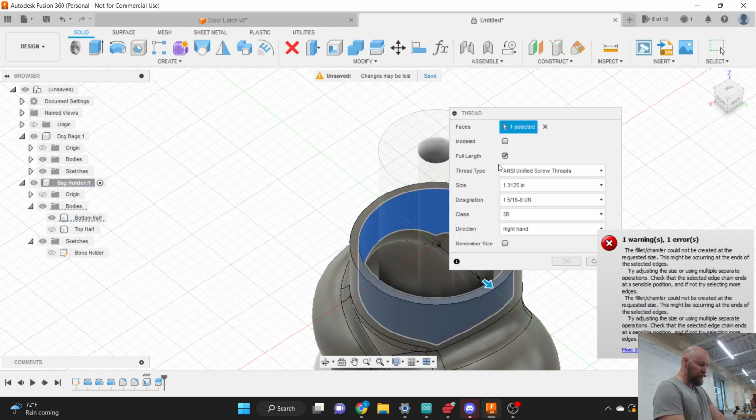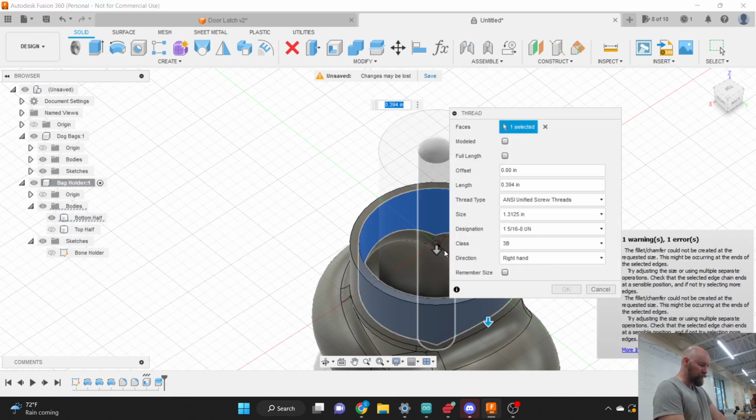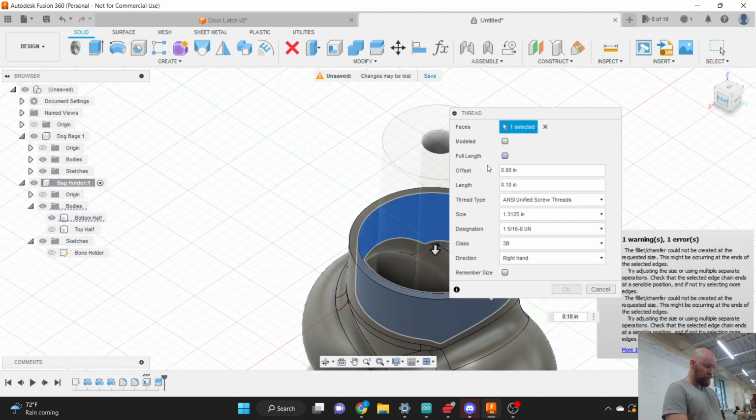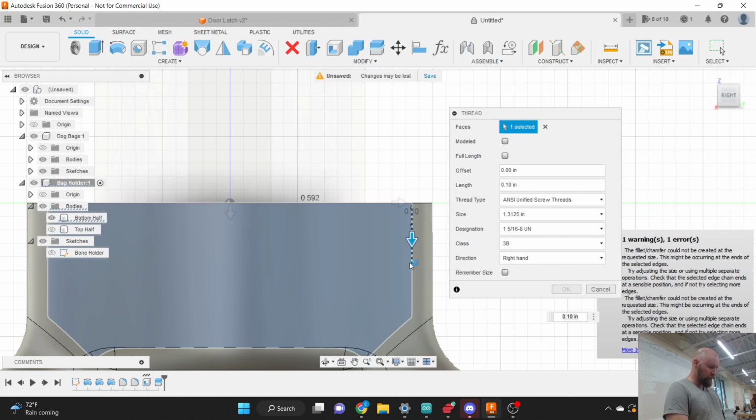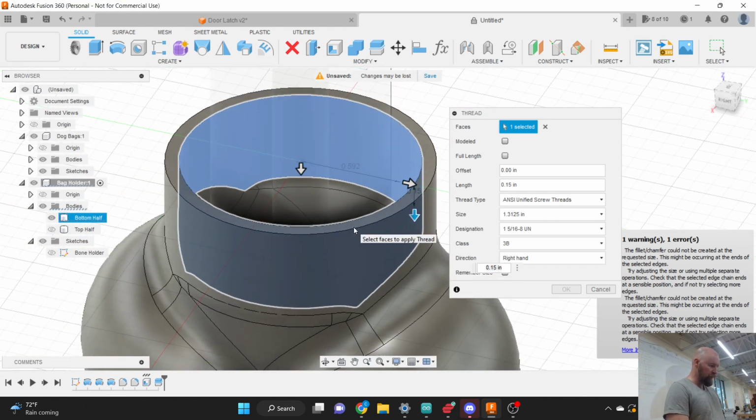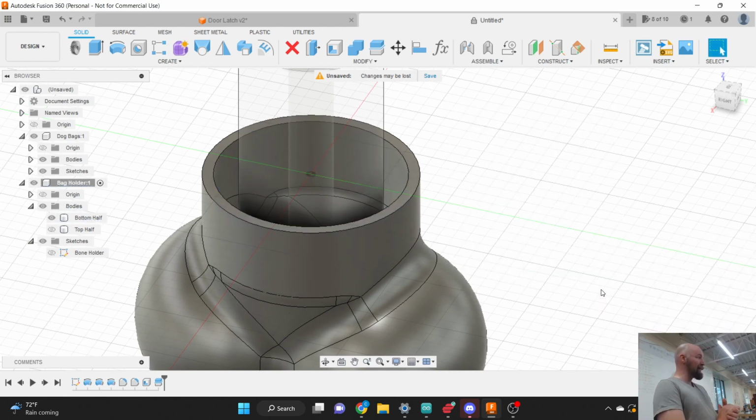I choose that, and I don't choose fully threaded, and I bring this up. Nope, I bring this up, which is the thing I need to bring up here. Yeah, it doesn't want to do that at all. So plan B here